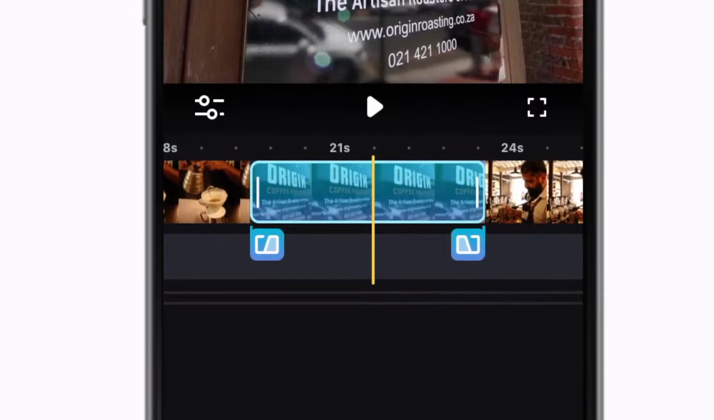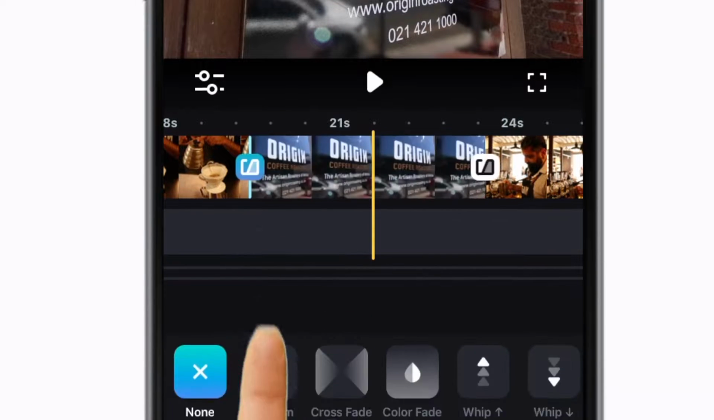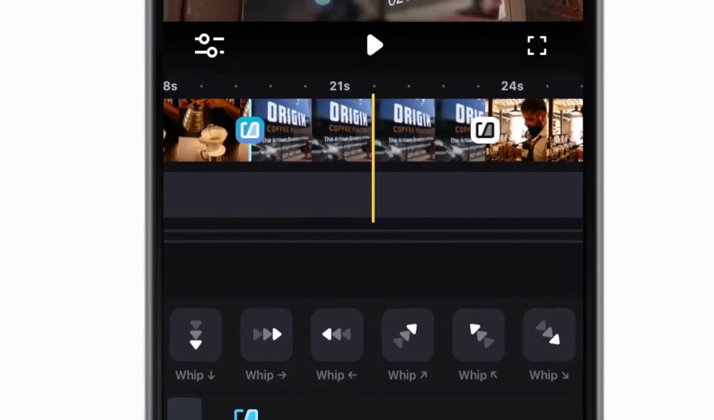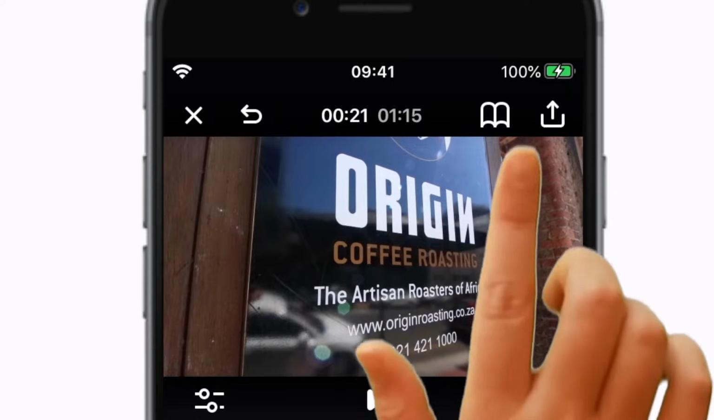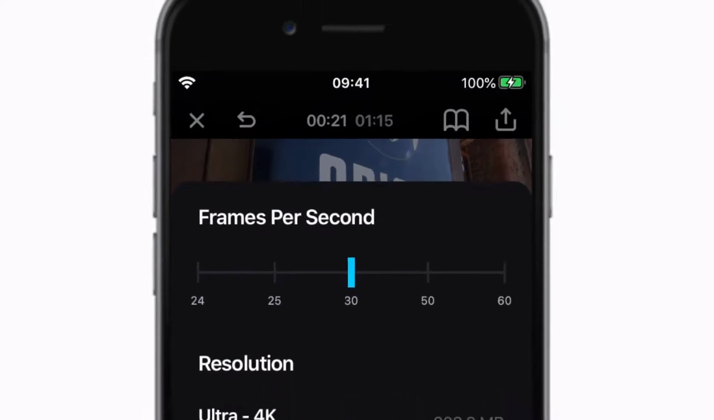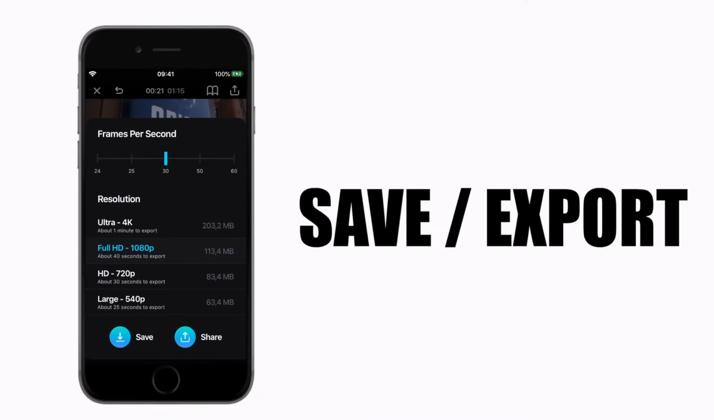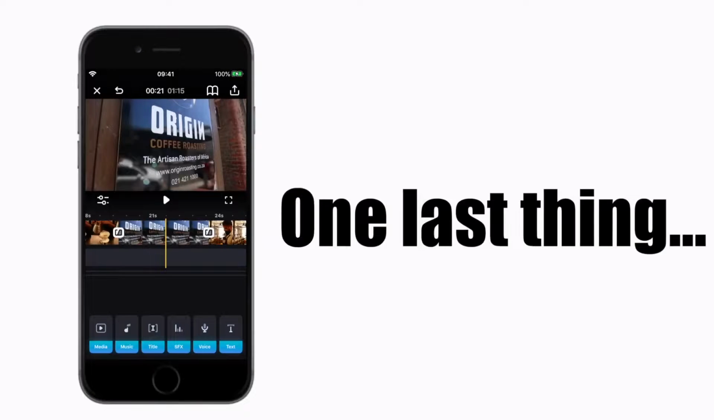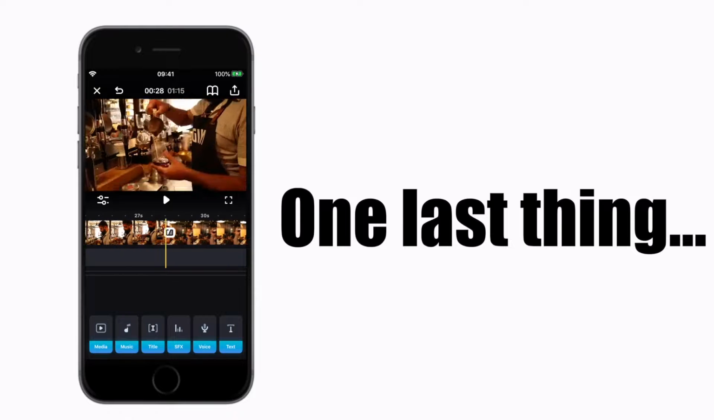Between the clips, you can tap that funny little floating icon to select the transition options. And lastly, at the top next to the book, which are the built-in Splice tutorials, is the save video, aka the export video option. And then there is one more thing that I'd like to add to my introduction to Splice,